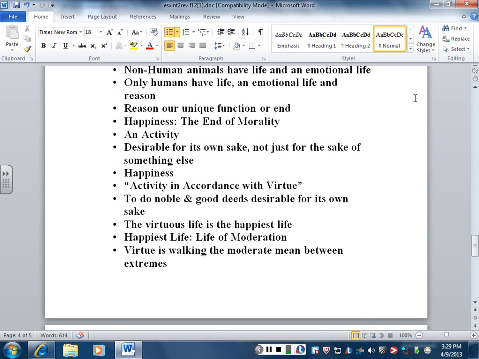so virtue is walking the moderate mean, and how do we do it? By using our reason to keep our impulses in check that would have us go to the extremes. Well, okay, again,